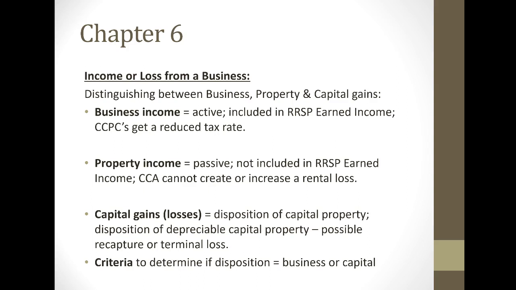We talked about the fact that the CRA would have an opposing perspective, and so there's a list of criteria that have been established to determine whether or not a particular activity or disposition is business or capital in nature. We talked about primary versus secondary intention, the length of ownership, the frequency and number of such transactions, the relation to the taxpayer's business, the nature of the assets, and also for a corporation, what their declared objectives are in the articles of incorporation. So make sure you understand and review those criteria as well.